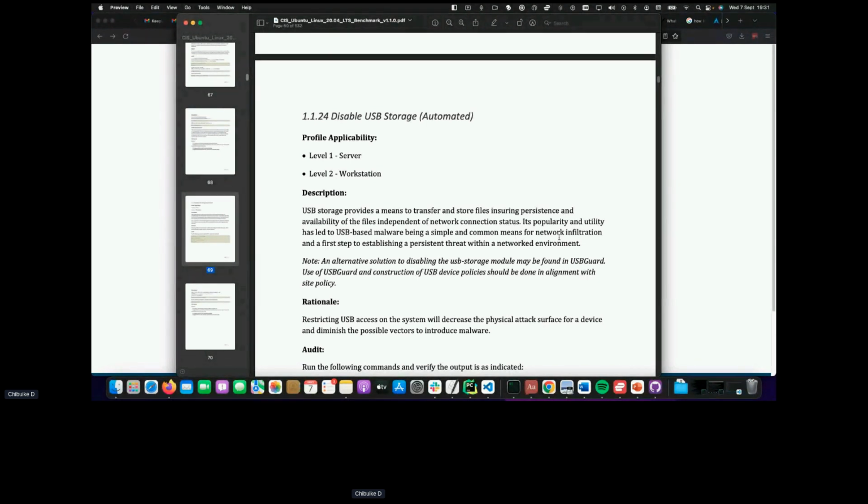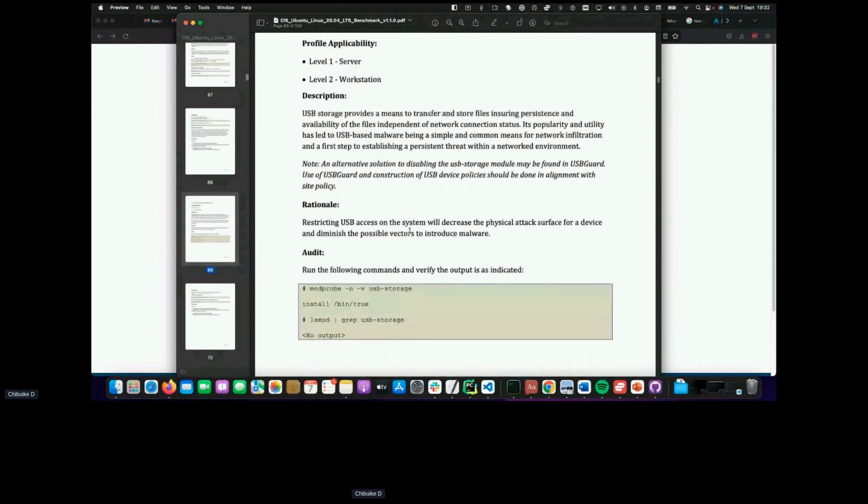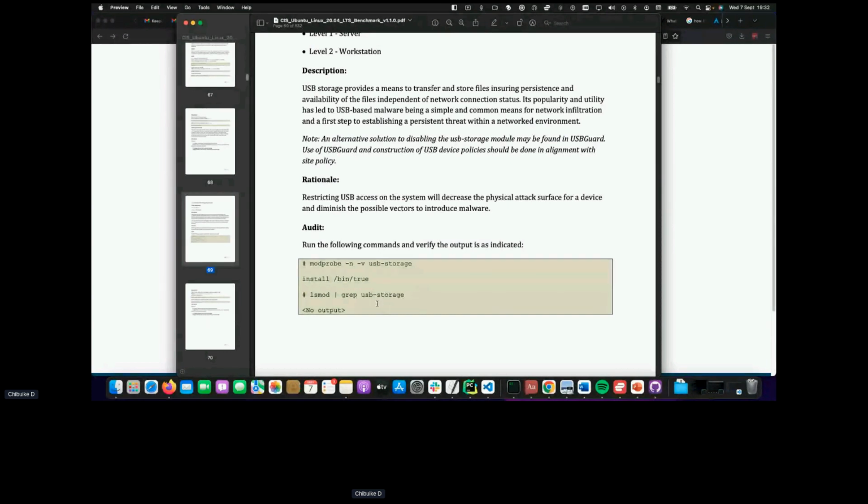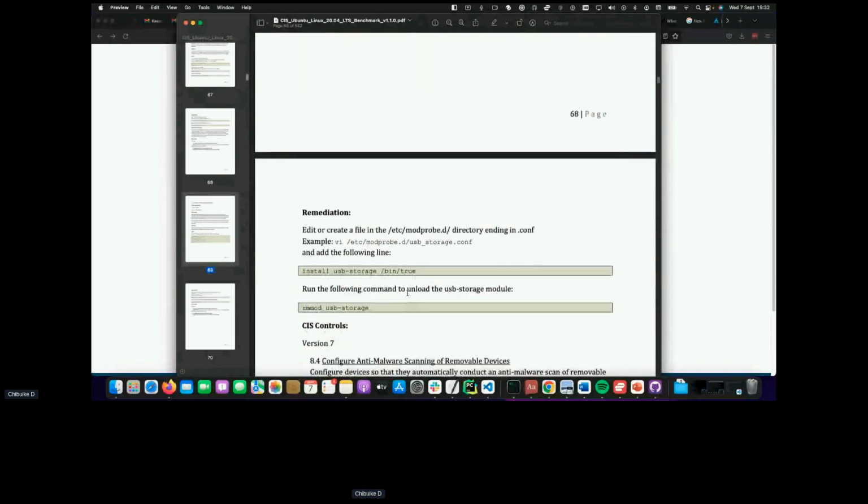You don't prioritize. You should actually ensure this is not for you to select what you want to use. This is for you to implement as many as everything that is here. So this is how you stop it. If you run the following commands: modprobe this, install /bin/true, this helps you